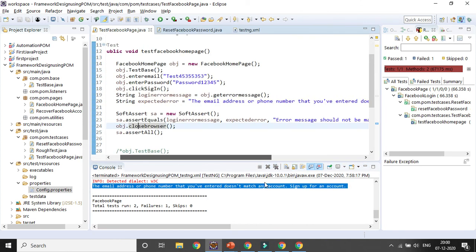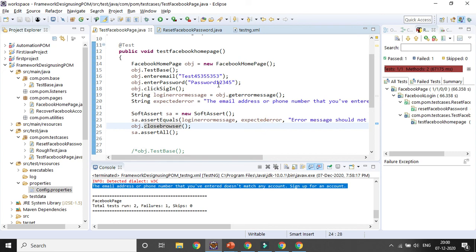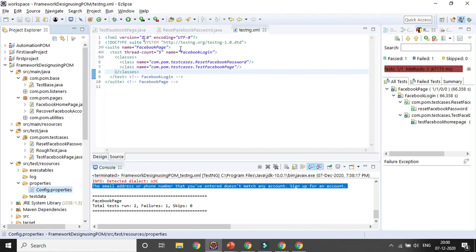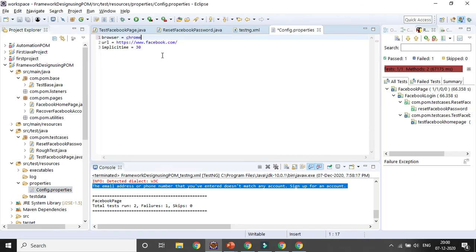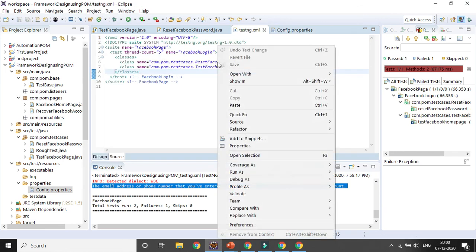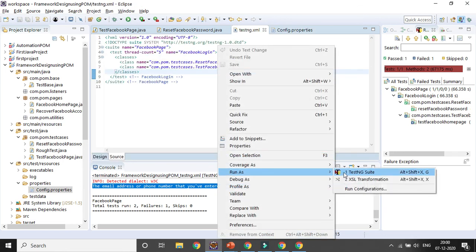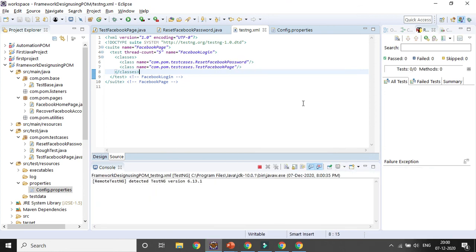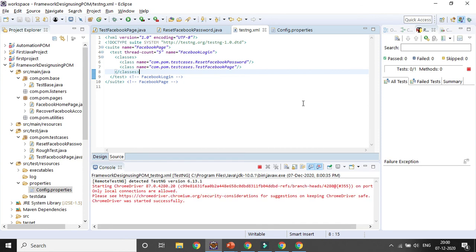Let's run this one more time after changing the code in the testng.xml file. So I will change the config file again to Chrome instead of Firefox, so both test cases will run in the Chrome browser. It will execute the first test case, reset Facebook password, first, and the browser will be closed.